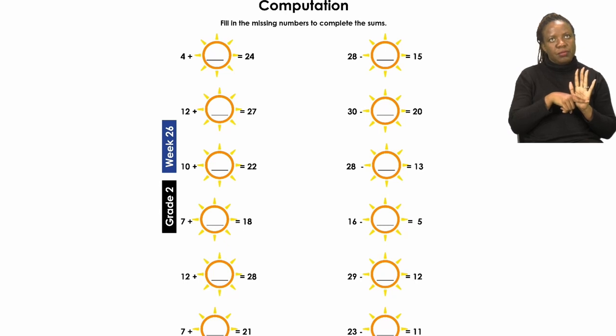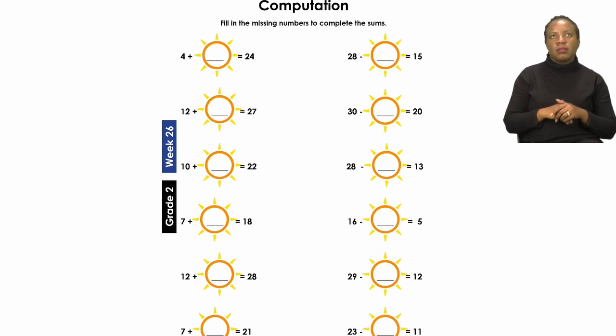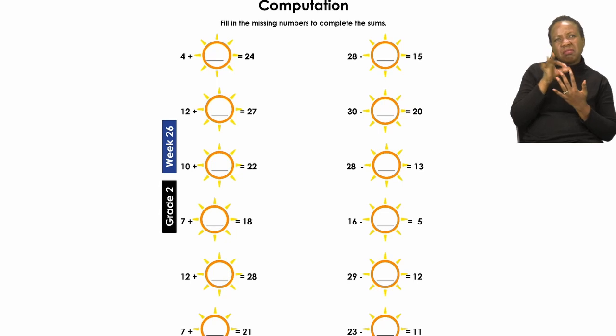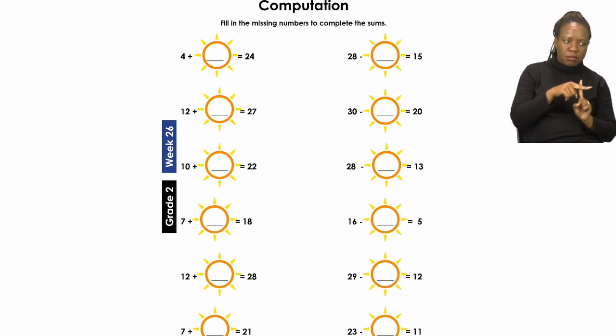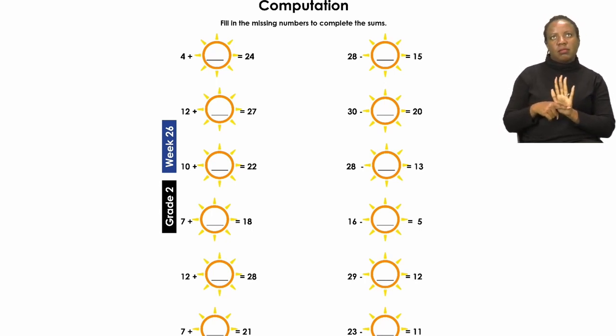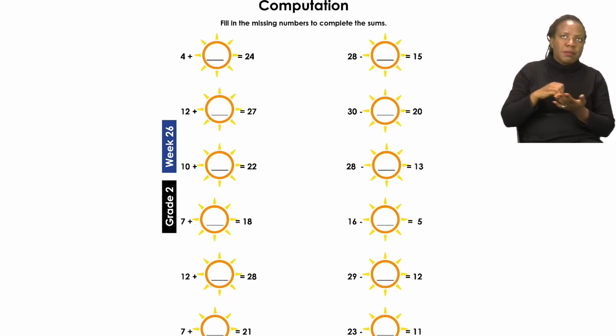You will see on the one side of the page, downwards, you have all your plus sums, and on the other side of the page, you have all your minus sums. Okay, now everyone, I have chosen a few examples that I have done for you. Now remember what I said, these are plus and minus sums. Remember everyone, if you are not sure how much to add or how much to subtract, you can always create a number chart for yourself.